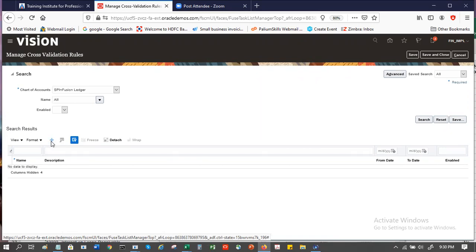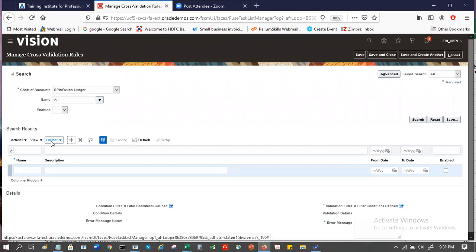The next question obviously would be who does all this one by one, so you will have spreadsheets to upload it also. Can we create one quickly? A CVR, cross validation rule.